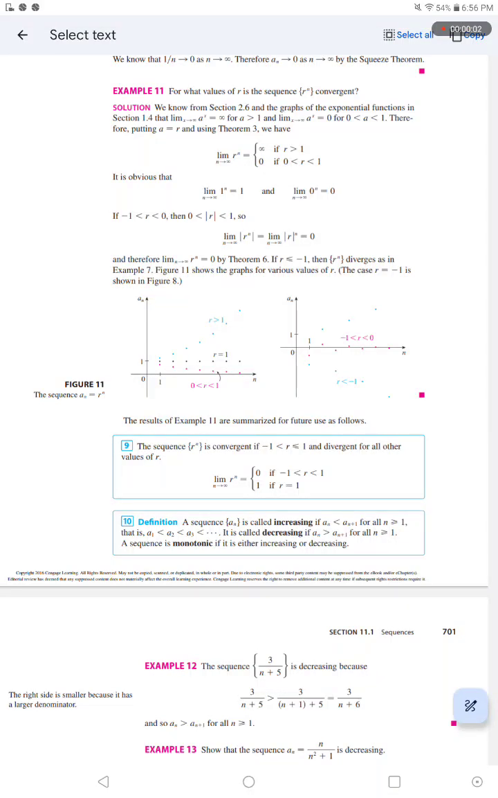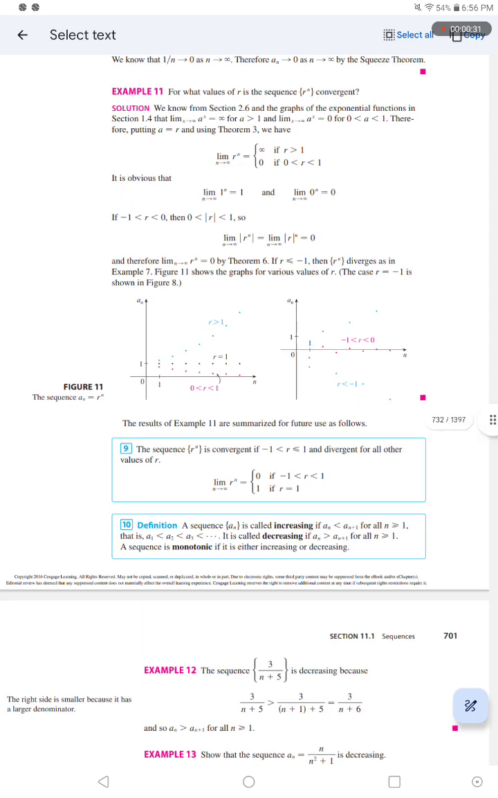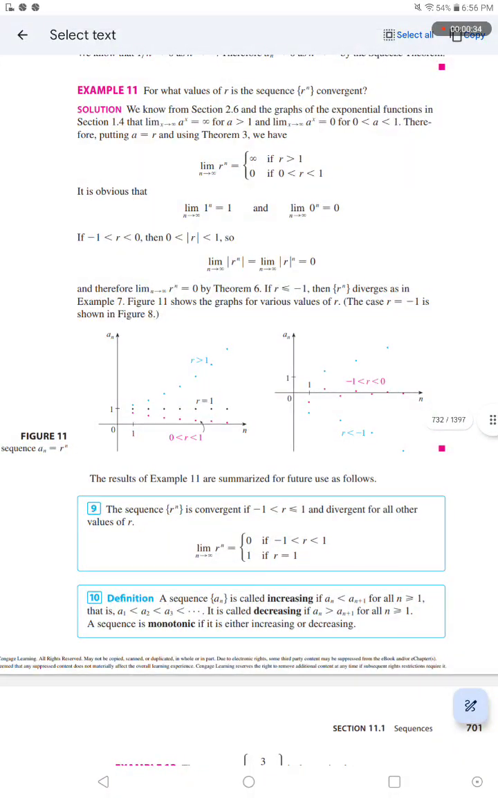Example 11: For what values of r is the sequence {r^n} convergent? Solution: We know from Section 2.6 and the graphs of the exponential functions in Section 1.4 that the limit as x approaches infinity of a^x equals infinity for a greater than 1, and the limit as x approaches infinity of a^x equals 0 for a greater than 0 but less